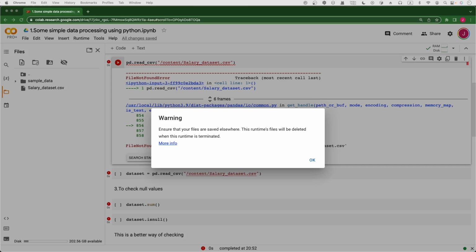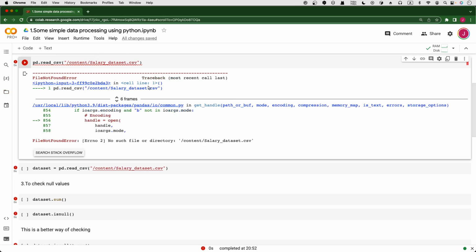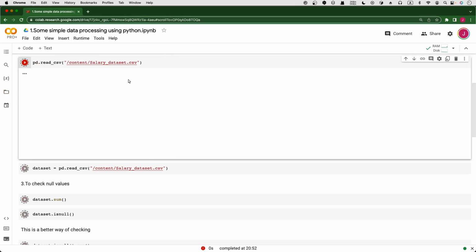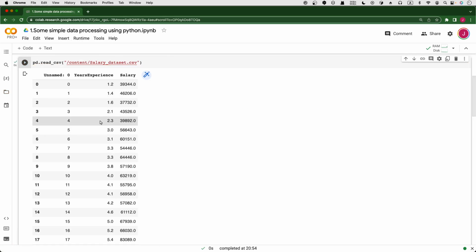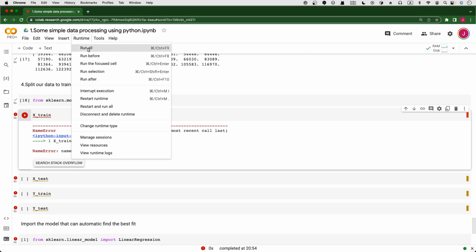And as you guys can see, it already gives us a warning that the runtime file will be deleted. Okay, so I already uploaded and I can run it all. The previous variable will get the data that we would like. Okay, and then let's